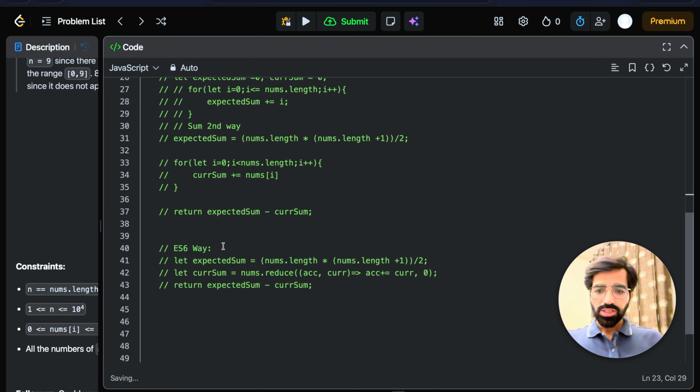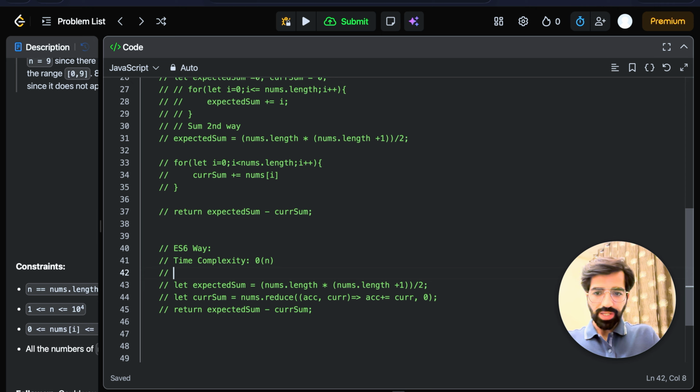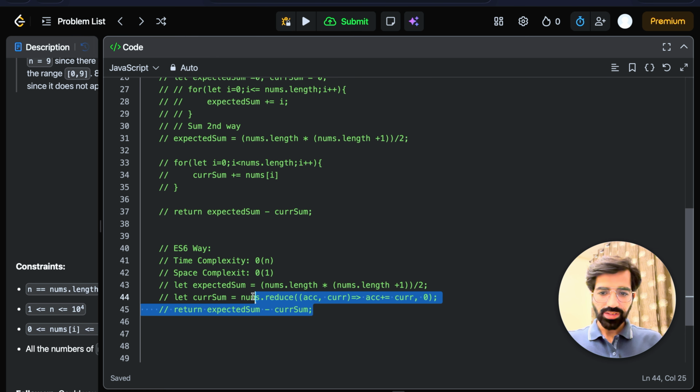Okay. In the last ES6 way, here again we are doing an order 1 operation in terms of time, and we are doing a nums.reduce, which will again be order of n for this entire array. Got it? The time complexity for this as well is order of n. And what about the space? So the space, as discussed, the reduce doesn't take any memory, so it will be order of 1 only. So if you are giving this solution in a front-end interview, this is a much better solution,